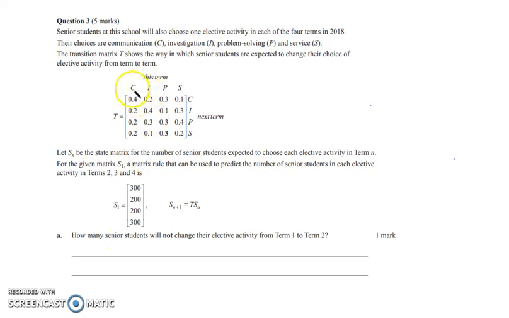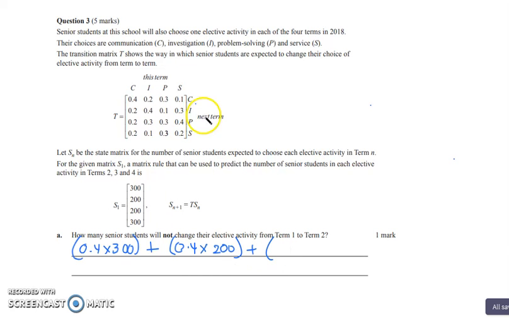So the first one is those in communication. 0.4, which is 40%, will stay in communication. And how many were in communication was 300, so we can do it like this. Then plus in investigation, 40%, 0.4, will stay in investigation. So once again, 0.4, and we can times it by the value of 200,